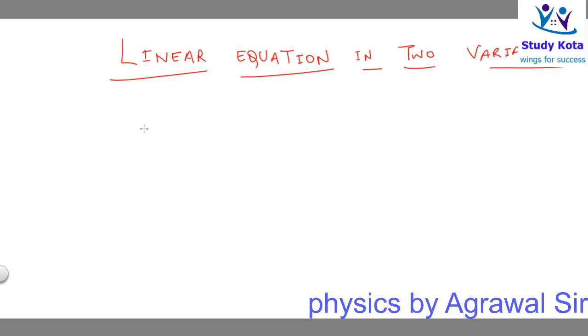In this lecture, we are going to learn about the linear equation in two variables, how to solve them, and what is the graph perspective of linear equation. Okay,